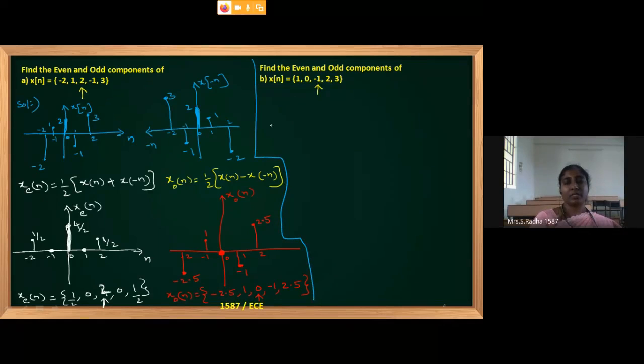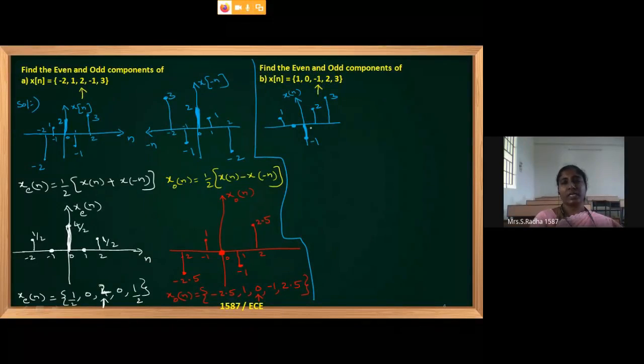I will try to draw the diagram. X of n and x of minus n diagram we have to draw. First I am going with the x of n diagram. At origin height is minus 1. Arrow mark indicates origin. Okay, it is minus 1. Then right side it is plus 2. Next element is plus 3. Left side it is 0 and plus 1.